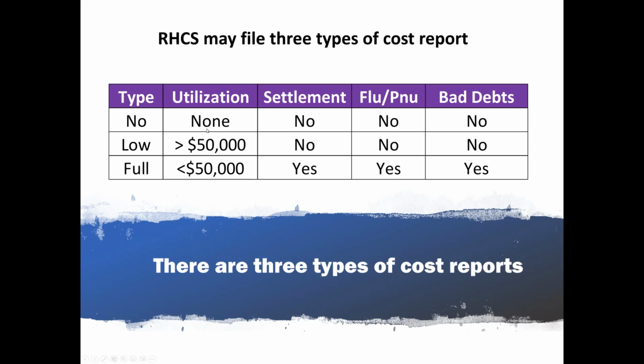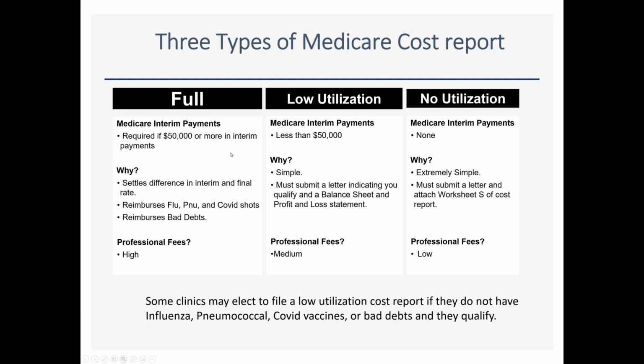utilization. And then for low utilization, again, there are times when that can come in very handy, especially if you're brand new to the program and you have less than $50,000 worth of payments, and maybe you got surveyed on September the 1st of the year and you got a 12/31 year end, and you really didn't have a whole lot of claims in there. There's no reason to file a full cost report in most cases. So if you're in a situation, talk to your cost report preparer and see what your options are, because